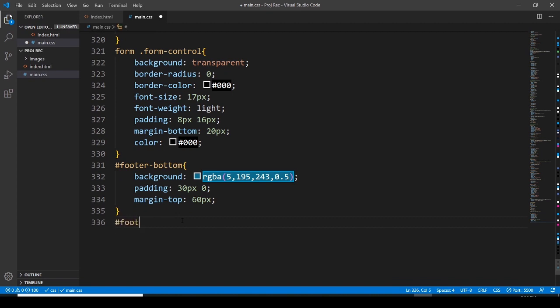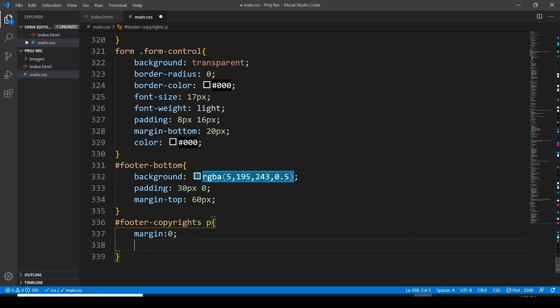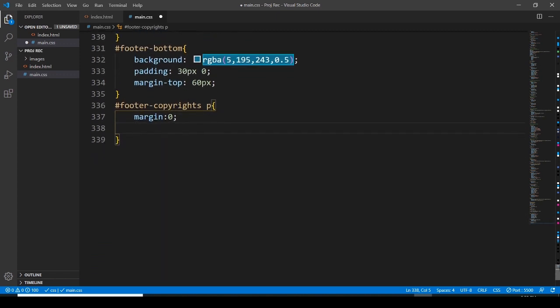and then footer copyrights paragraph margin 0, footer copyright paragraph is going to be margin 0, and the color of this is going to be black. And then footer menu,